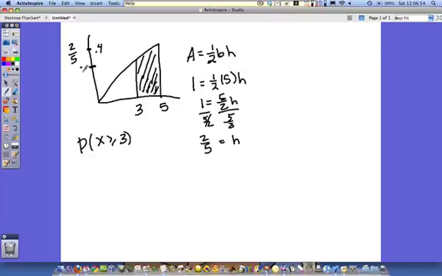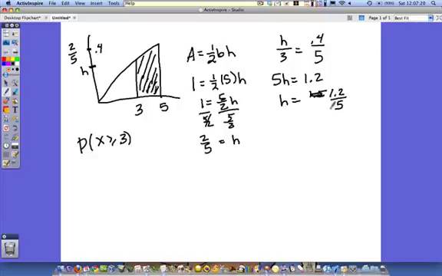Okay, let's call this h. So h units high. h is to 3 as 0.4 is to 5. You could do 2/5 there too if you wanted. So if you've got this equation, all you have to do is cross multiply. 5h is equal to 1.2. h is equal to